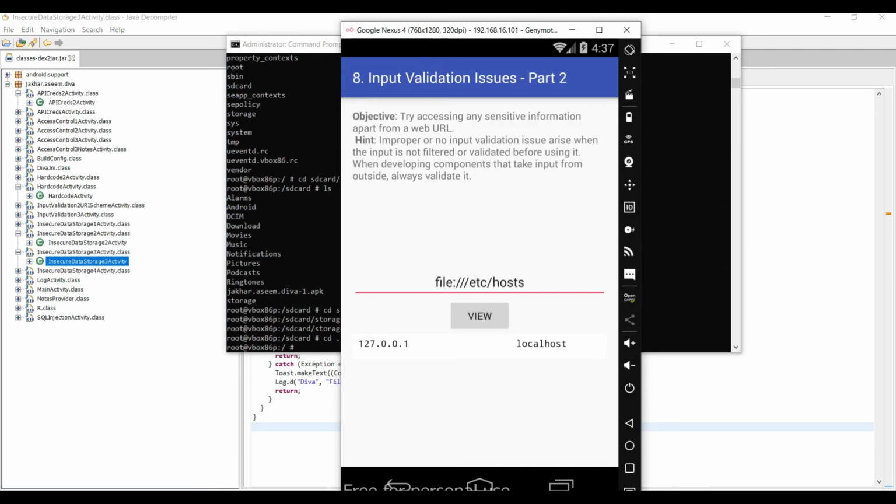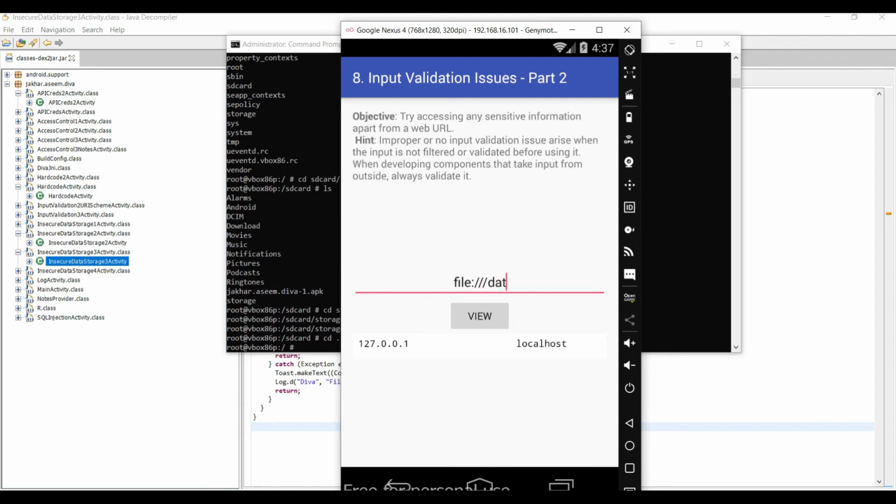See, what we are doing here is directly accessing the data which is available on the device. Not only this, we can do anything we want. Okay, let's do the same thing we have done before.